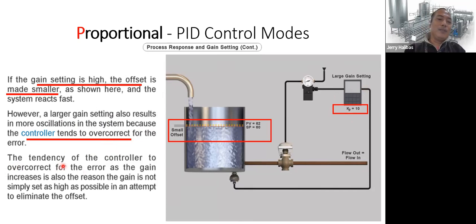So the tendency of the controller to overreact for the error as the gain increases is also the reason that the gain is not simply set as high as possible in an attempt to eliminate the offset. Dili pud maayo nagamay pud kay mo offset error. Ang gamay pud kaayo basig gipatas-an nimo ang imong proportional gain, no. Mao na iyang